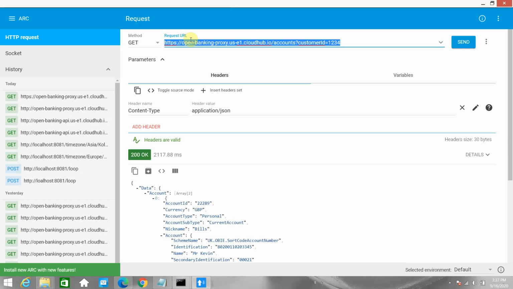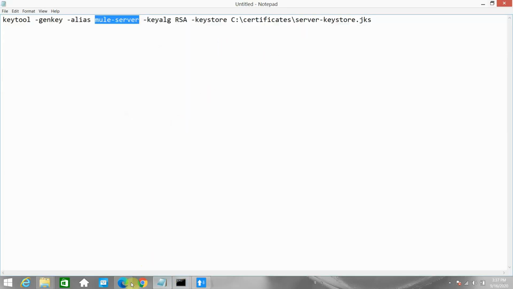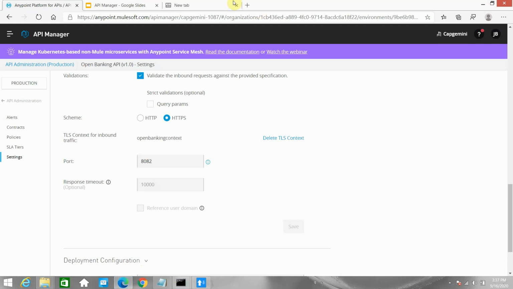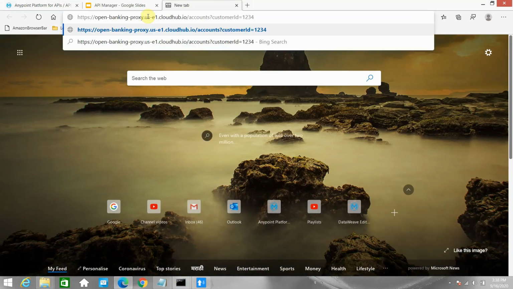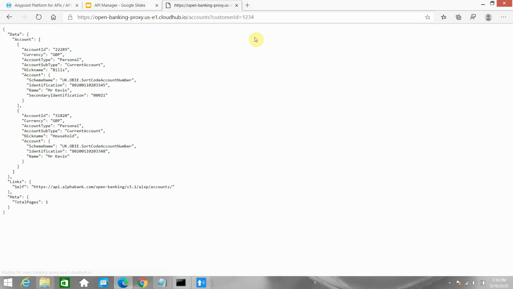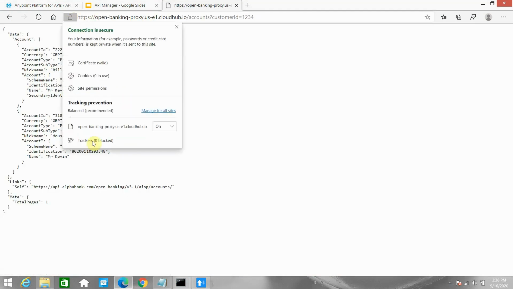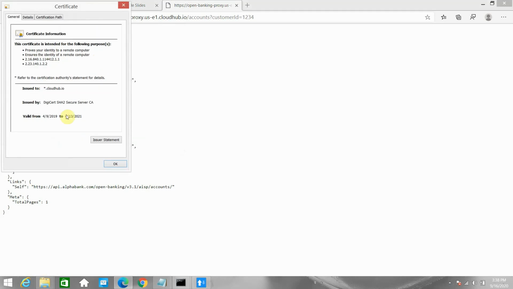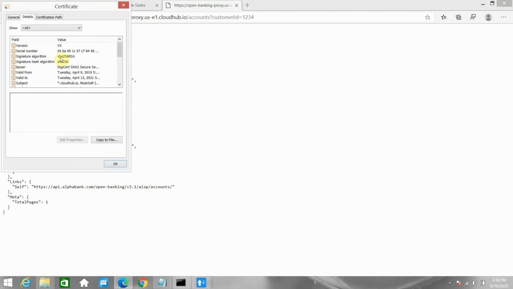So we are able to successfully enable HTTPS on the proxy API. We got a successful response. You can see the certificates here, valid. You can see all the certificates, everything is there.